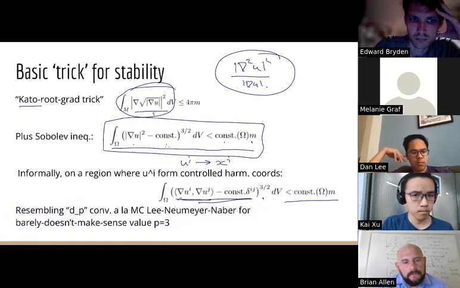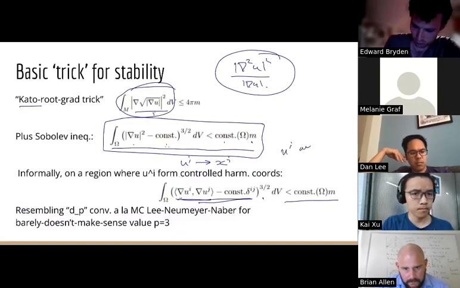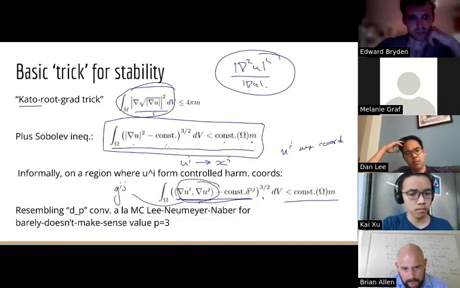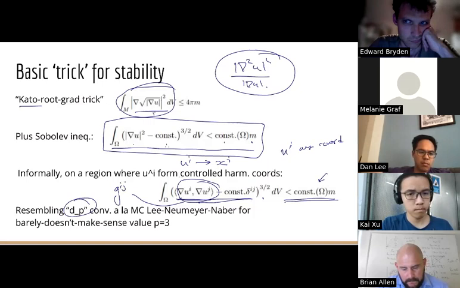And then the only other thing I wanted to say before I make one more concluding remark is that this is kind of like L3 convergence of the metric tensor. If you think of ui as coordinates, or you're working on a domain where ui are forming coordinates, then this pairing here is like g upper ij. So this statement that this thing is bounded by mass is loosely like some Lp control on the metric tensor, which